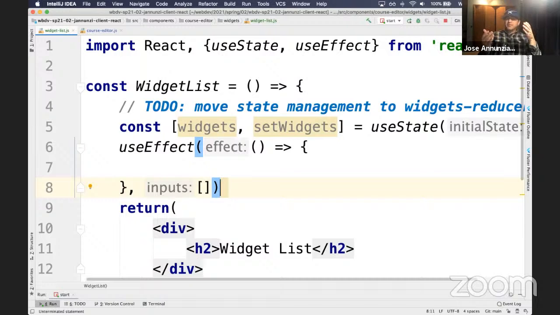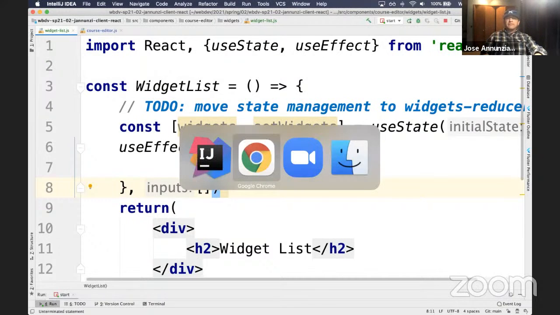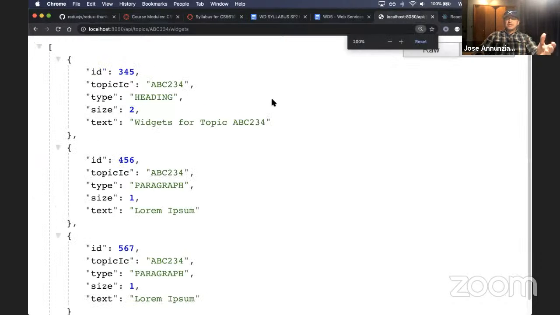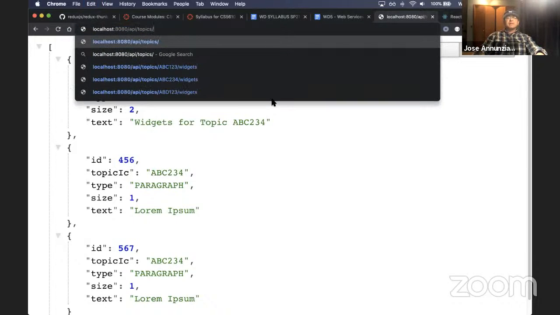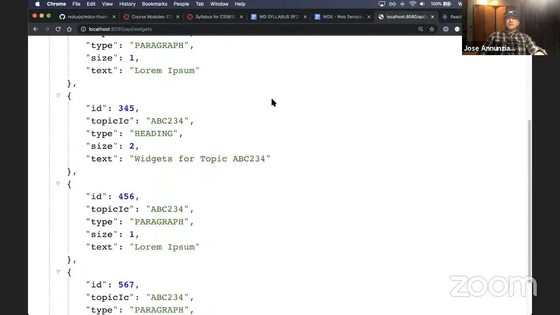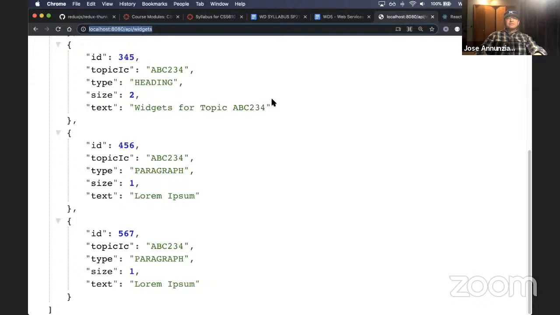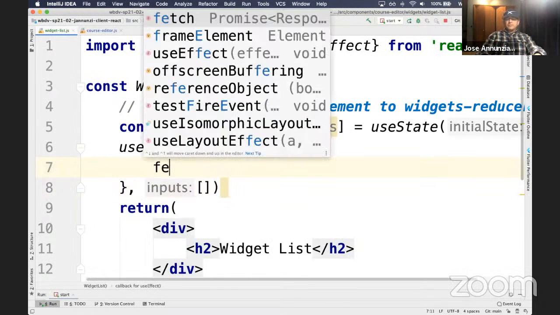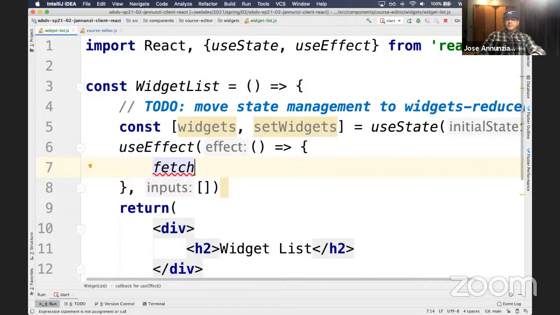And what are we going to update it with? We want to go and fetch data. We want to go fetch this data right here. We want to invoke this URL here, or maybe even better, grab all these widgets and render all the widgets. Okay, so let's do that. So how do we do that? We do that using fetch, use fetch, the URL,